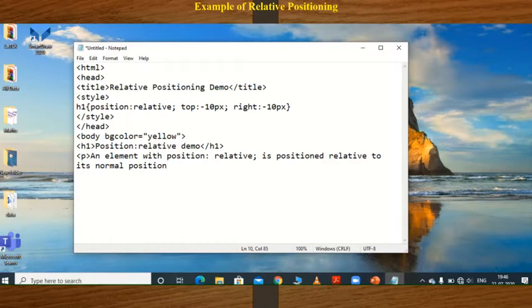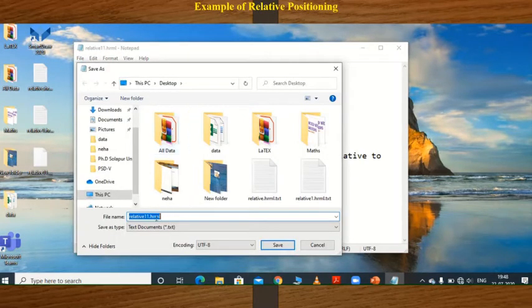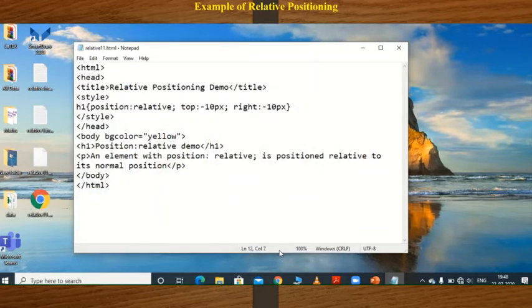Normal position, and then close your p tag. Then close your body tag, and then close your HTML tag. Clear? And save this document. Okay, so this file is saved as